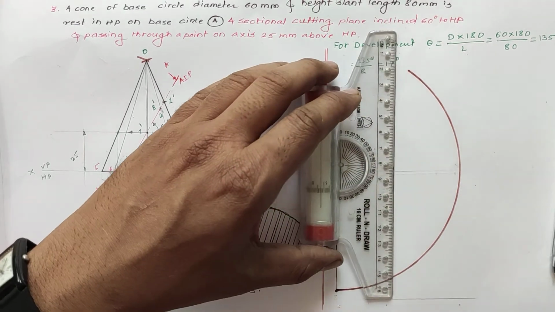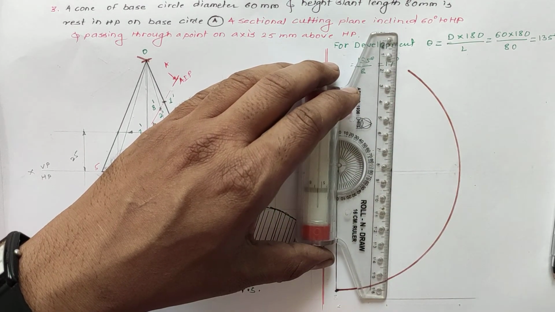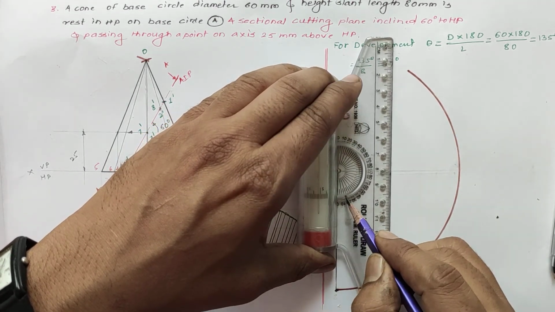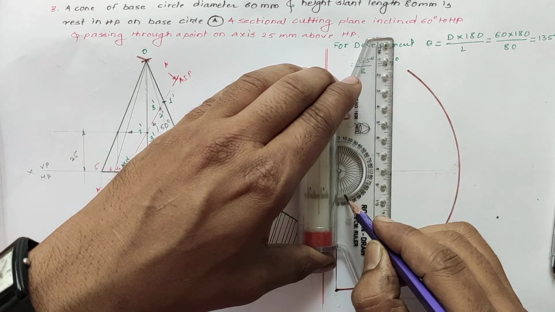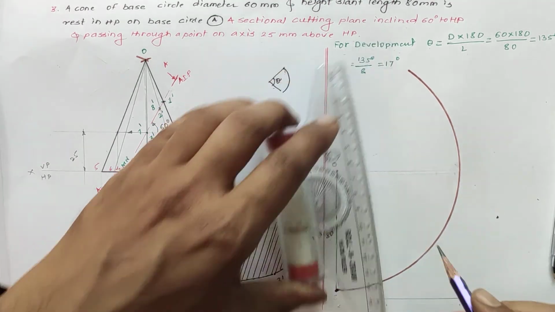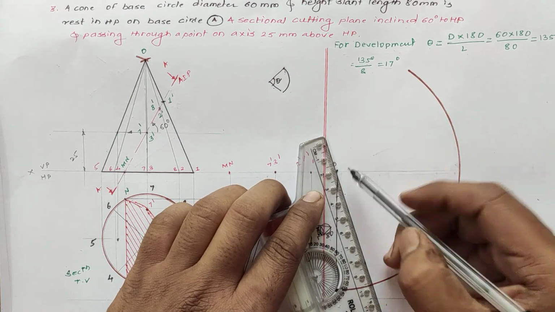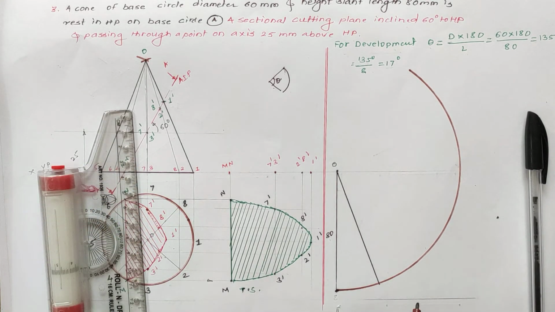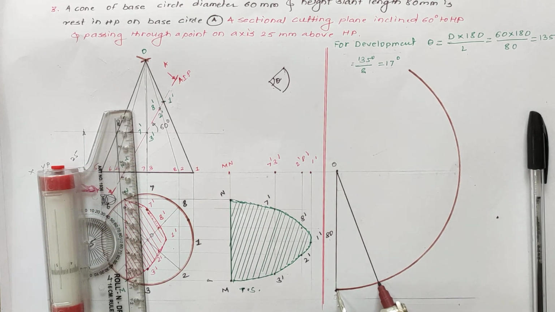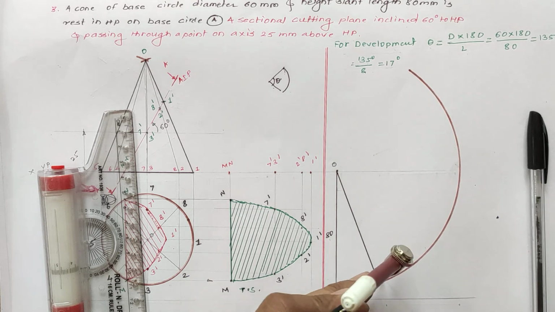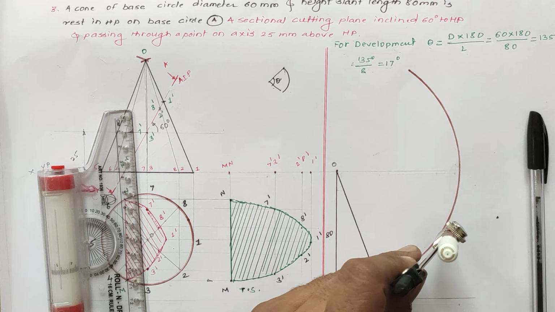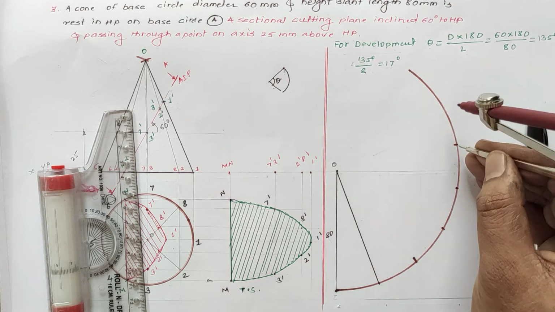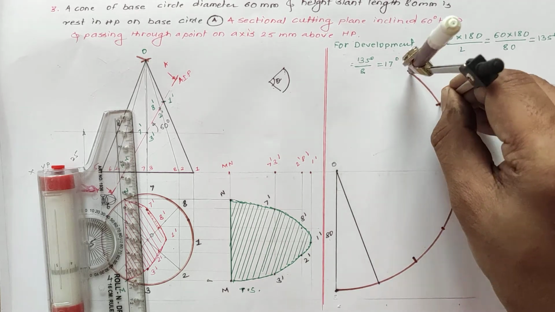and the first angle initially we require to mark, that is 17 degree, near about 17 degree. First angle 17 degree, then take this distance in compass and divide the arc into 8 equal parts. First, the second, third, fourth, fifth, sixth, seventh,